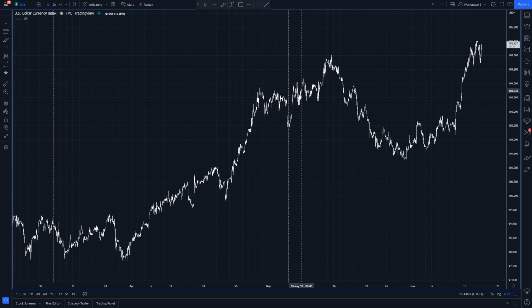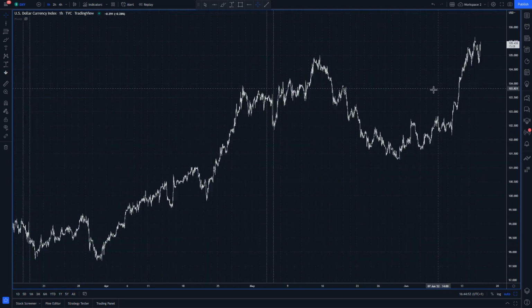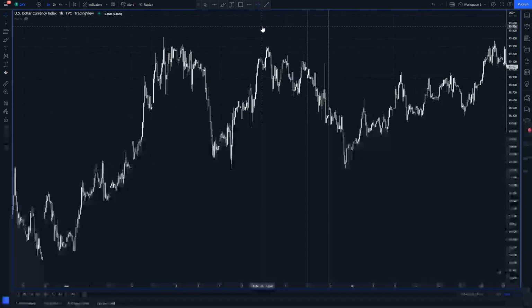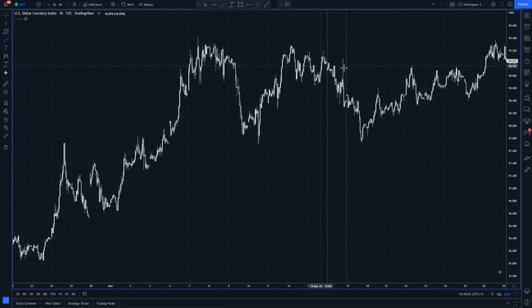And I think that explains a lot of the post-decision reaction that we had in the US dollar, and something that we could potentially see today as well. So what do I mean by that? Well, if we go to the March decision, the reason why we had that, in my opinion at least, the reason why we had that first initial spike isn't because the Fed didn't come in hawkish.